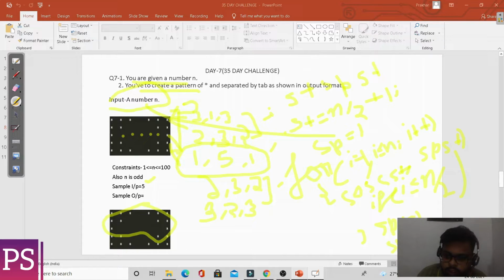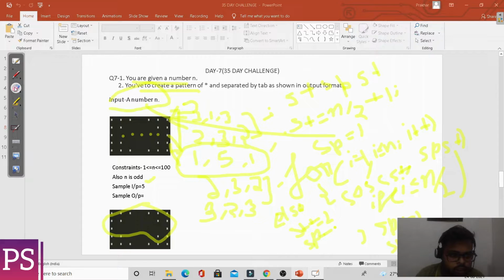And in the else part, the stars are increasing and spaces are decreasing. I hope this part is understandable to you.